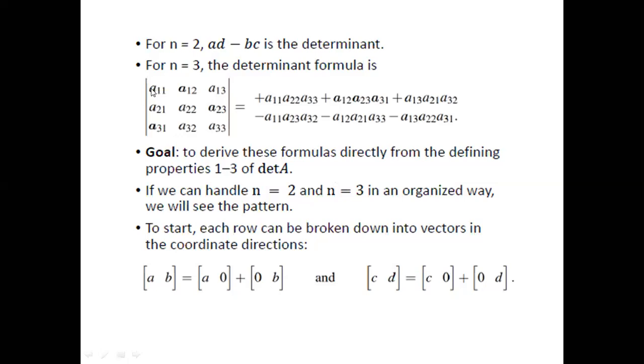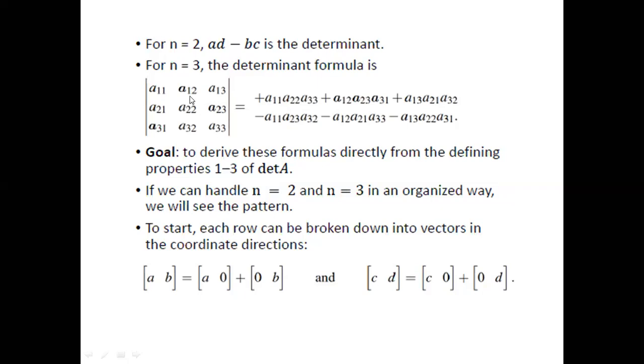We keep A11 as it is. We ignore this column. We ignore this row. Therefore, for A11, we are left with A22, A23, A32, A33. The determinant of that is A22 A33 minus A23 A32. Therefore, A11 will multiply with A22 A33, so you have A11 A22 A33 minus A11 A23 A32.